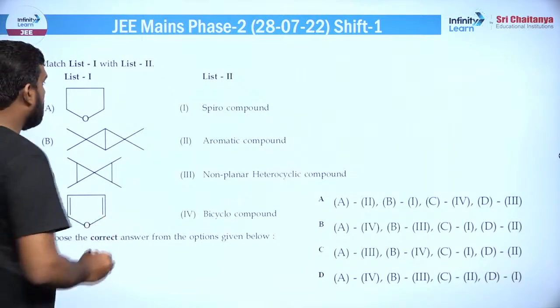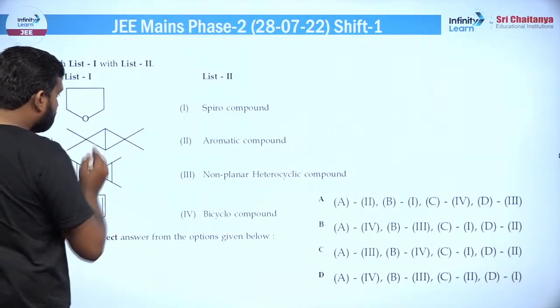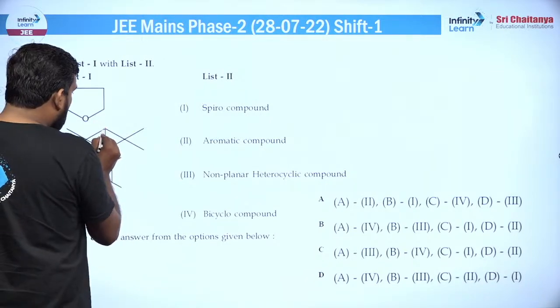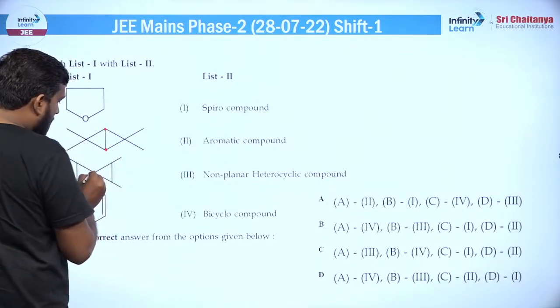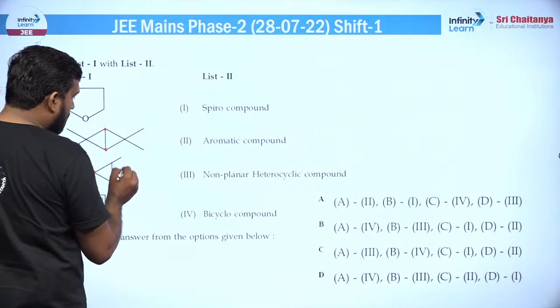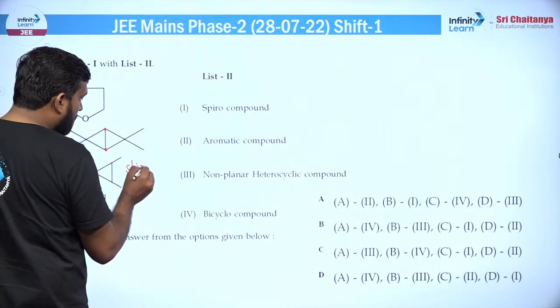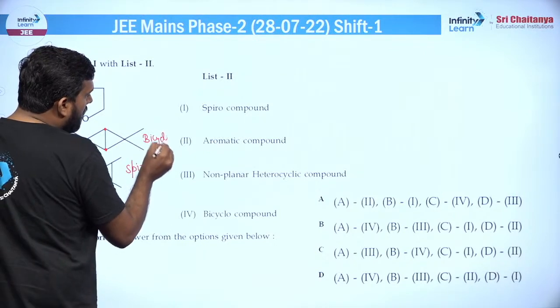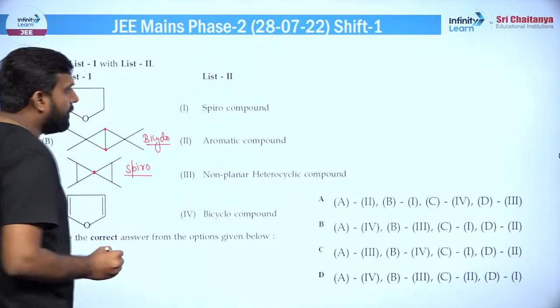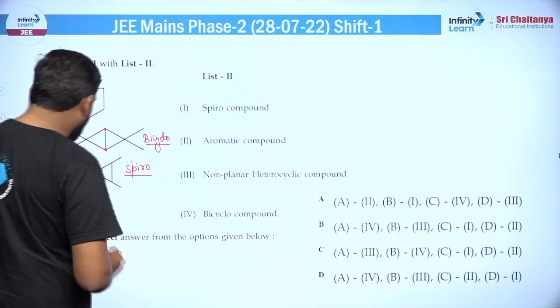अगला जो क्वेश्चन है वो बेसिकली टाइप ऑफ कंपाउंड्स पे बेस्ड है, ठीक है। तो जैसे अगर यहां पर हम देखें तो क्योंकि ये 2 कार्बन से लिंक हो रहा है, और यहां पर एक कार्बन लिंकिंग पॉइंट है 2 रिंग्स के बीच में, तो ऐसे कंपाउंड्स को हम लोग स्पाइरो बोलते हैं। जिनमें 2 होते हैं वो बेसिकली बाइसाइक्लो बोले जाते हैं, ठीक है। अब बाकी ऑप्शंस को देखते हैं।